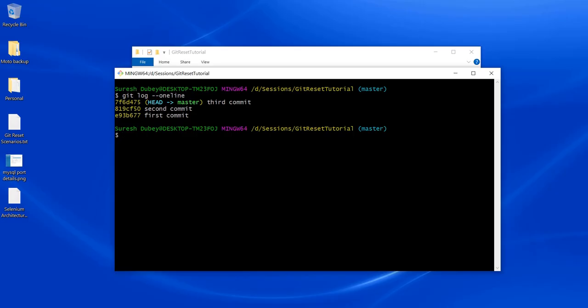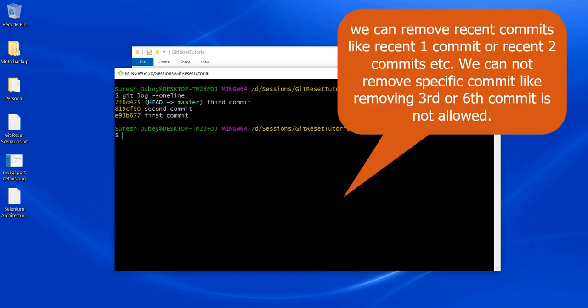So guys, here as you can see I am on the master branch of my Git repository, and it has a couple of commits. For the demo purpose I performed 3 commits, and my purpose is to revert the commit itself. Suppose I want to revert the recent commit or the recent 2 commits, then these two will be the commits that we want to revert.